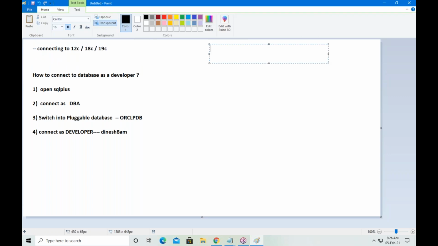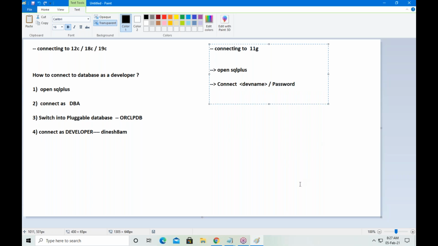So what is the process for connecting to 11g? Simple. Open SQL Plus, first step. Second step, type like this: connect, developer name slash password.